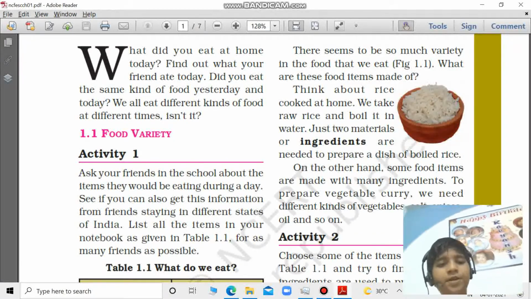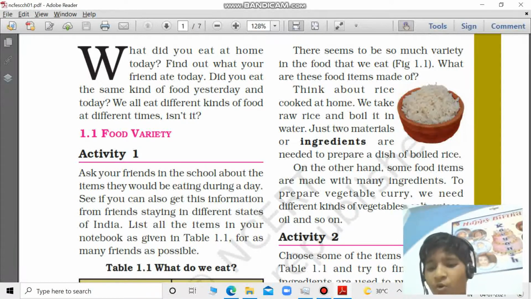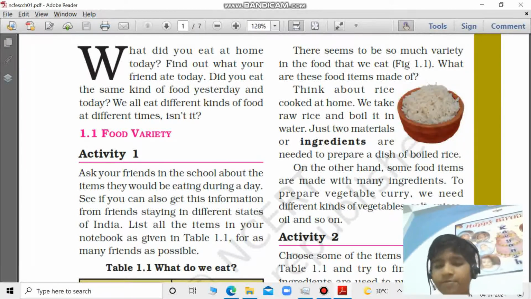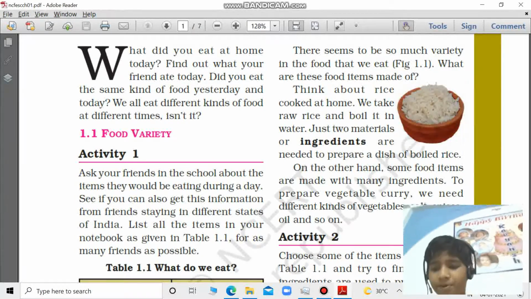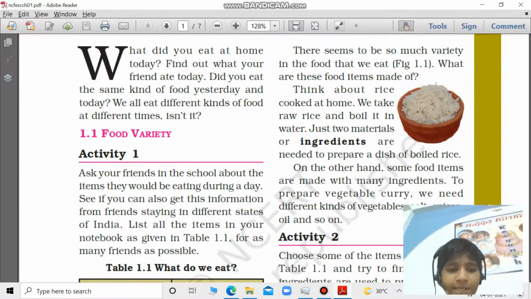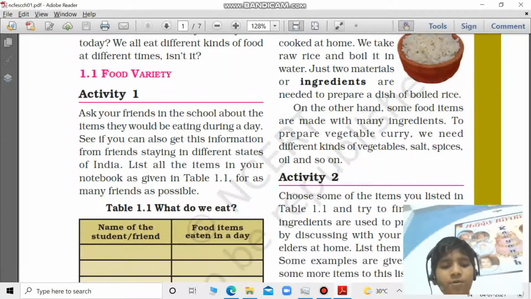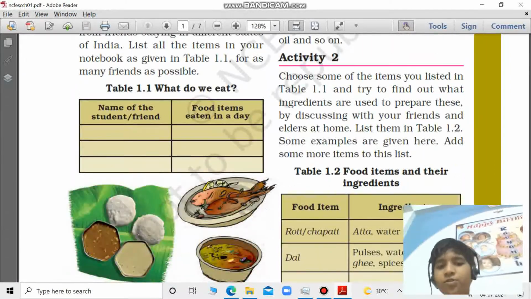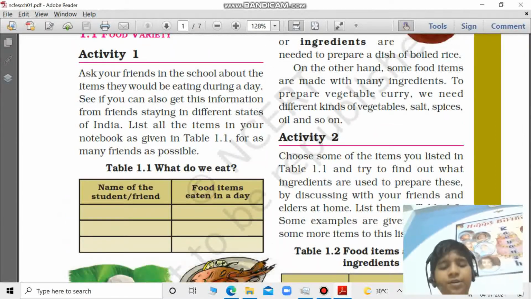Ask your friends or relatives if they eat the same food. No, right? We can't eat dal rice continuously. We need to change, like from dal rice to idli dosa, then from sambar bada, like that. We need to change.